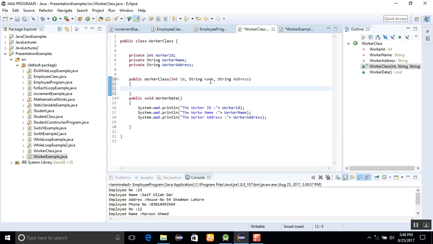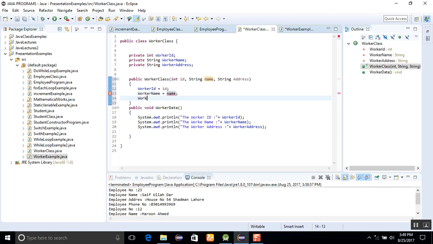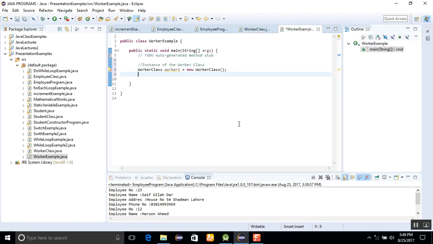Now we will assign these values to the variables. Worker ID is equal to ID, worker name is equal to name, and worker address is equal to address. So this constructor was completed, and now we will go to the worker class and assign the values